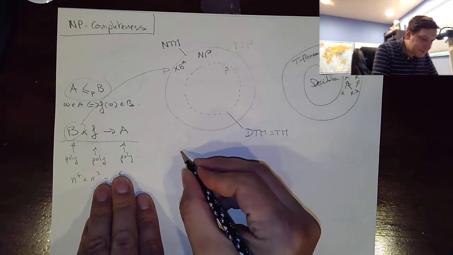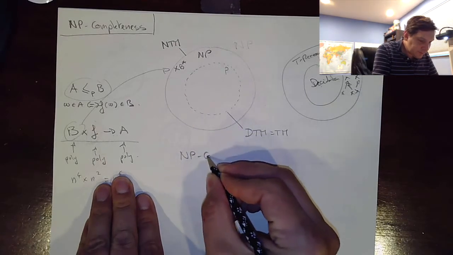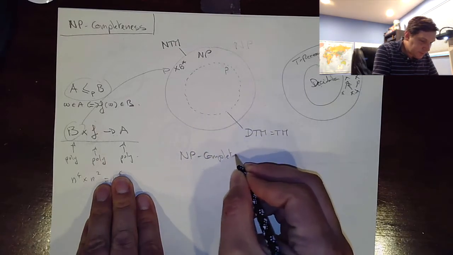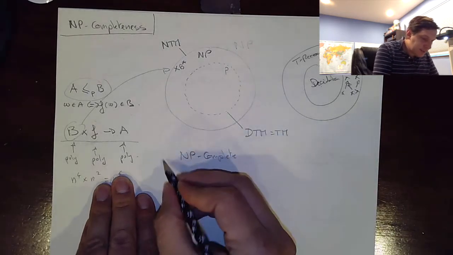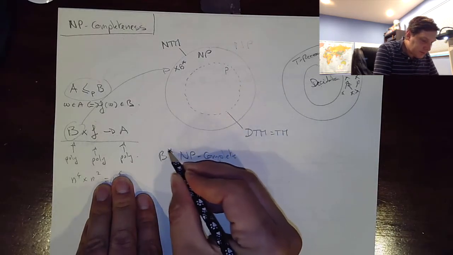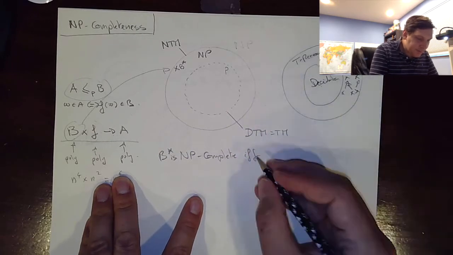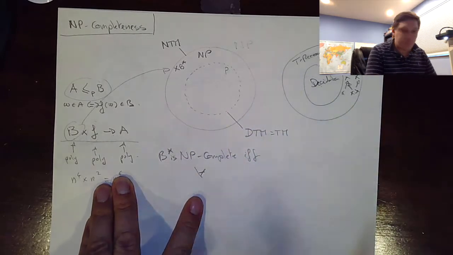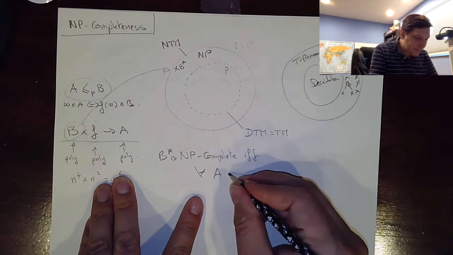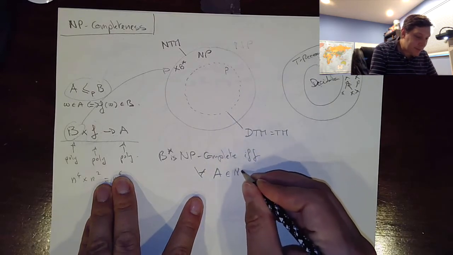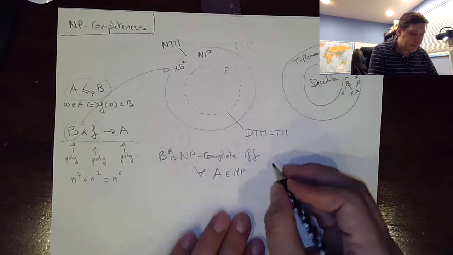So you can say, B star is NP-complete if and only if for all other problems A in NP, not just P, in NP,